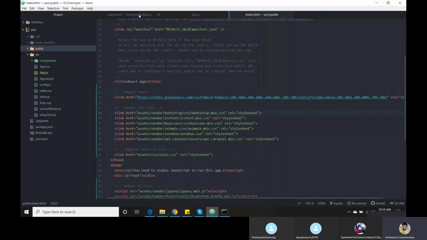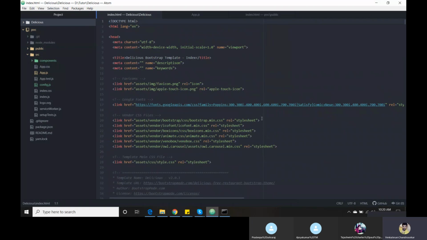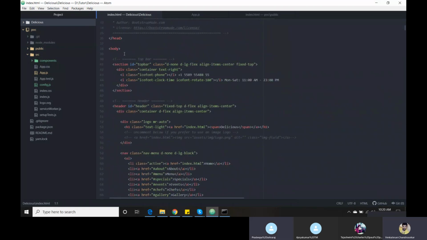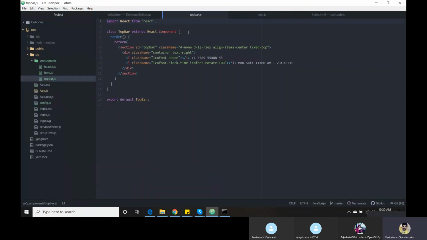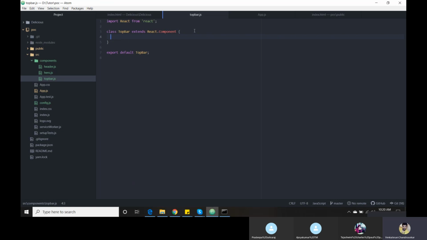The same way as last time, we have our complete template. Inside the body tag they have mentioned the top bar. The front-end developer, the HTML developer, knows they have created everything using a command line, so we need to use the same thing. This is for the top bar. Now I am going to create one component for the top bar, the same way last time we created it. This is the common syntax for creating a component.